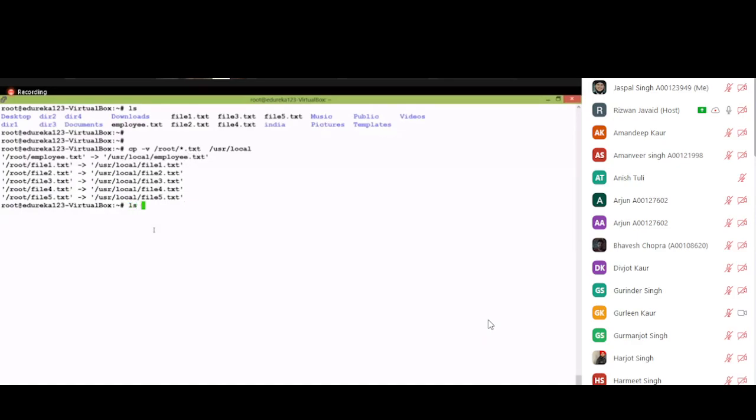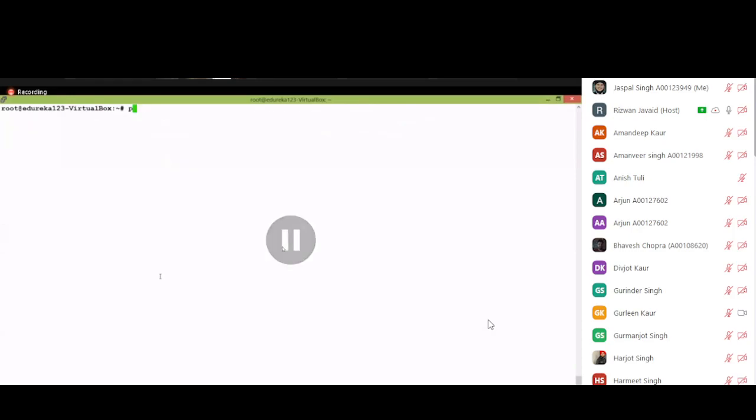In order to validate, ls /usr/local, which will give you, see, multiple files got copied here. So now you have seen the cp command. We have used it with star.txt. It will copy all the files with the txt extension.